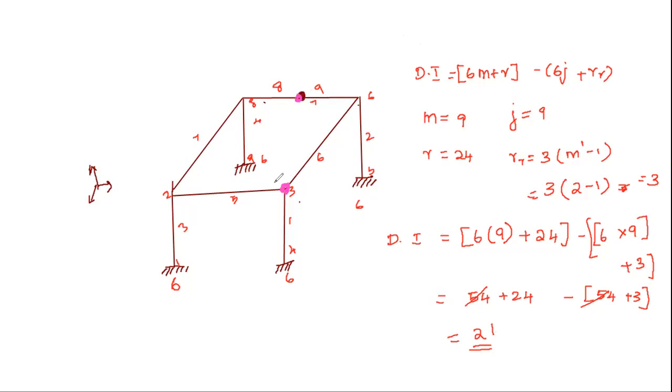Now add the sum as an assignment, having an additional hinge here: hinge number 1 and hinge number 2. This is assignment 2. You have to solve the same structure with internal hinges here and here, so there will be hinge number 1 and hinge number 2. Solve the same sum and find out the degree of indeterminacy.